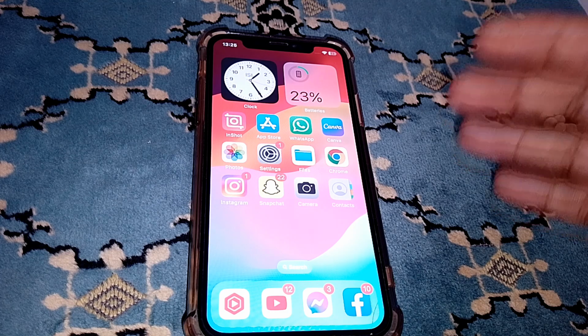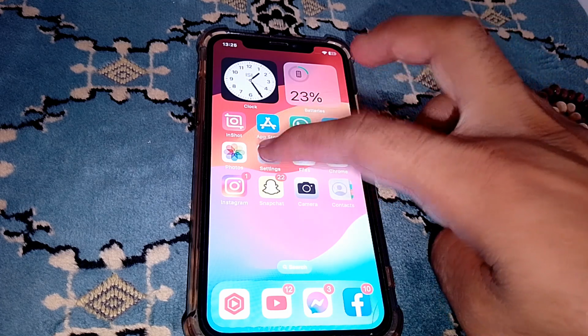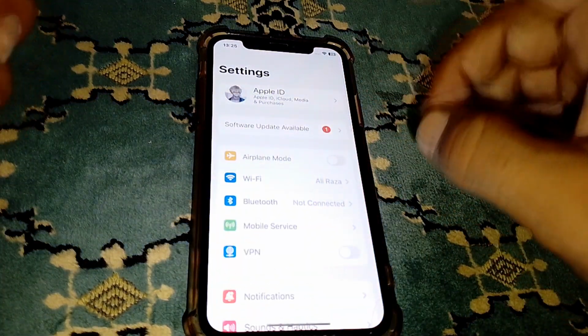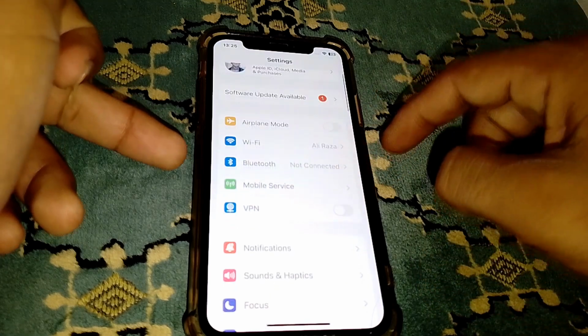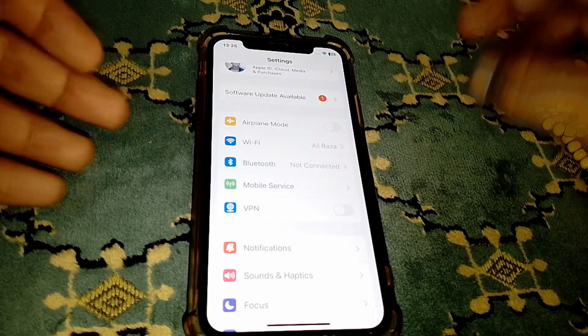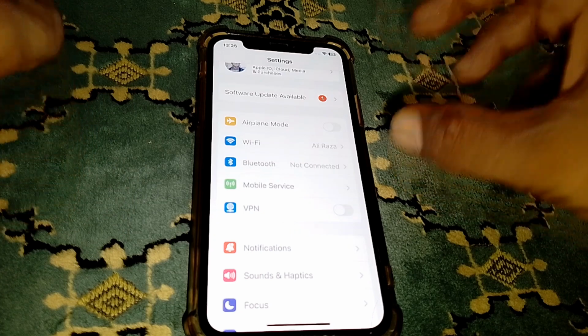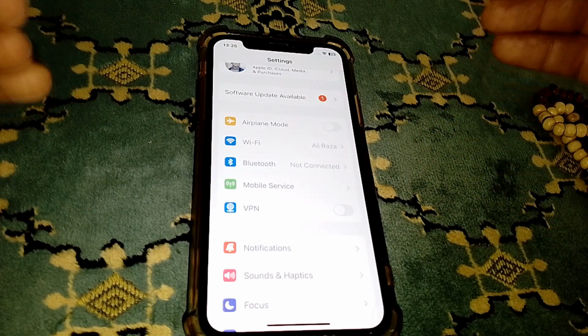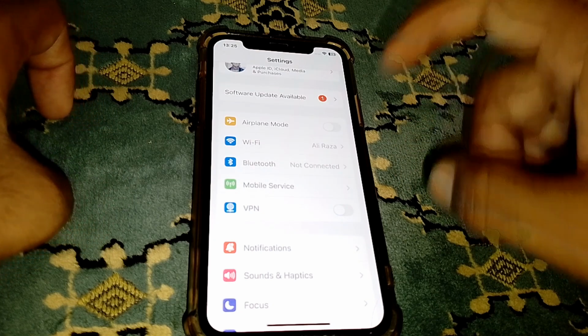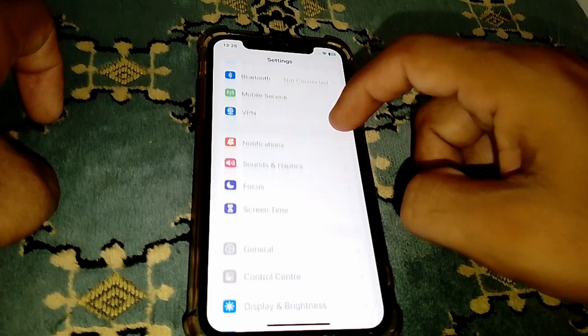And after this guys, what you need to do is just open the settings. Now after that guys, just turn on mobile data if you are using Wi-Fi. And if you are using mobile data, turn on Wi-Fi and then check if it's working or not. If it's still not working for you guys, then what you need to do is